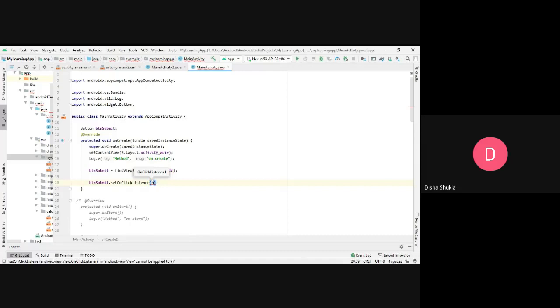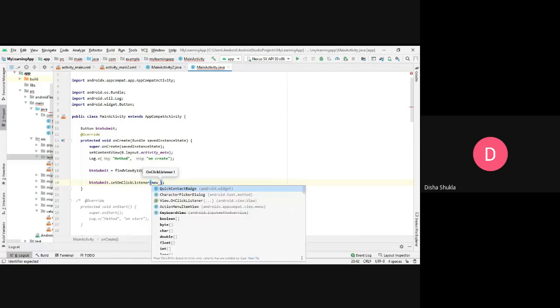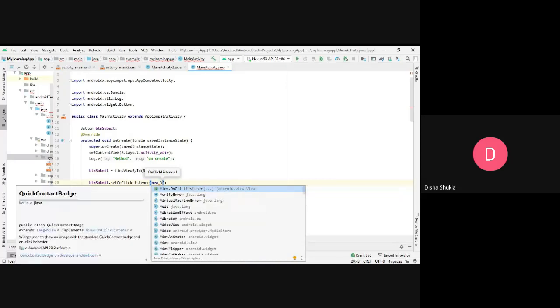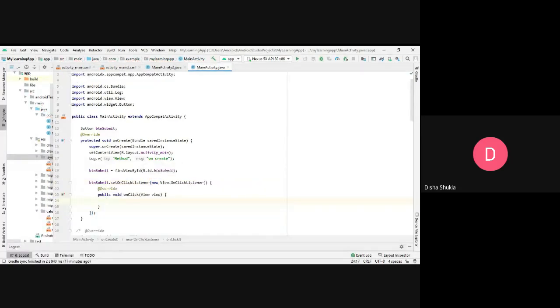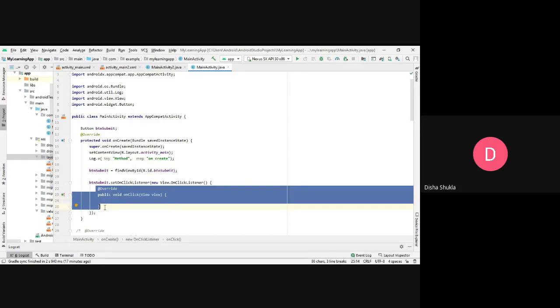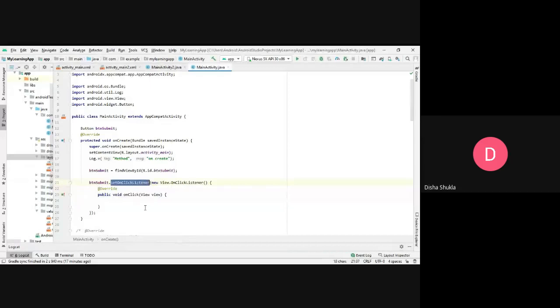For initializing here, I will be using new View.OnClickListener, because it is a view. When you initialize this, you get an overridden method of the listener interface. This is an interface that is used for performing the click events that we have.